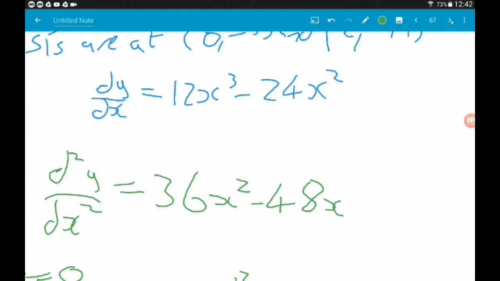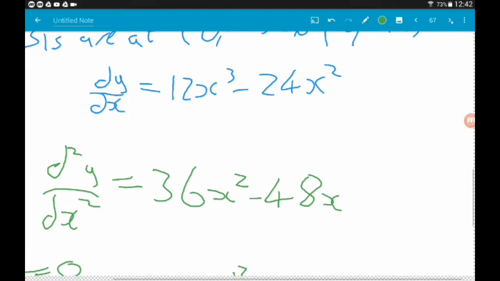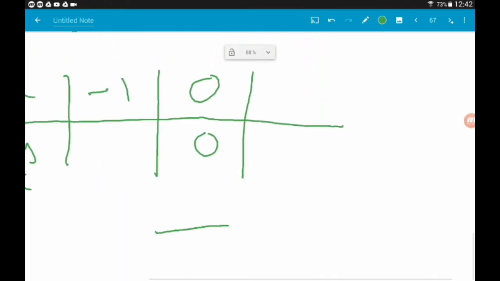Now minus 1 squared is positive 1, so what we've got here is minus 12 minus 24. So that gives us minus 36. So what that tells us is to the left of the stationary point, the gradient is negative. So it's going down from left